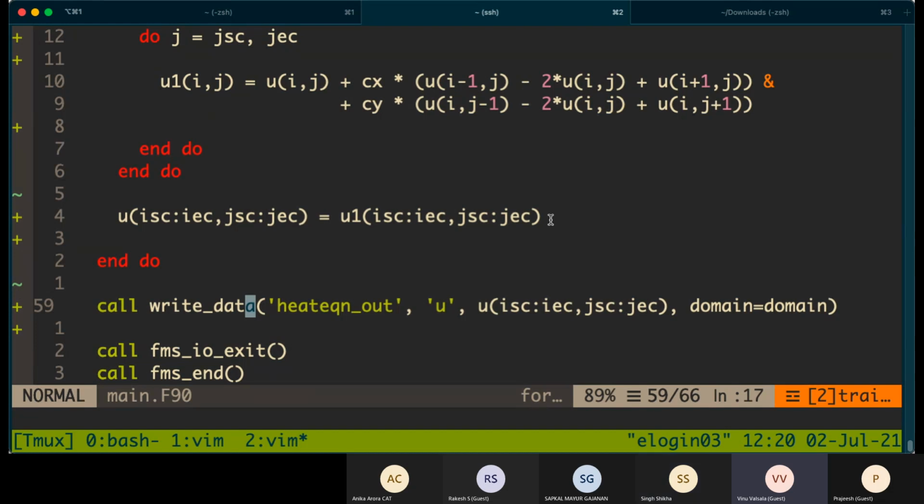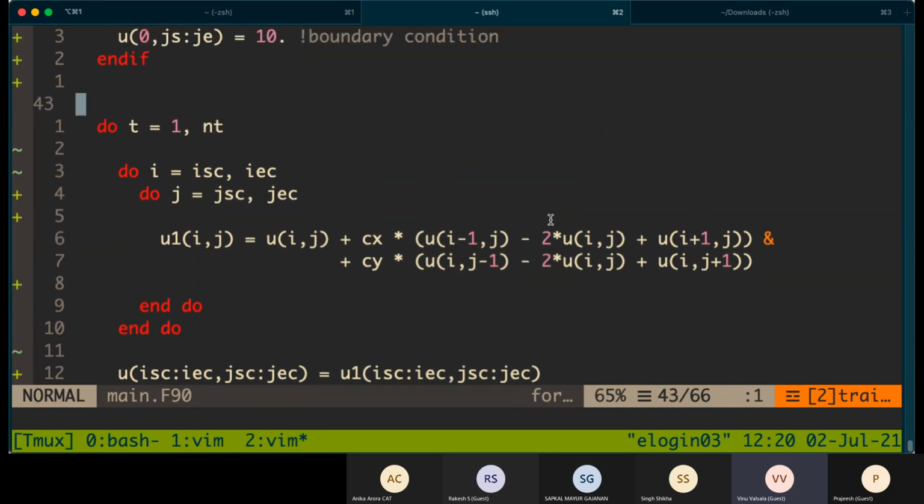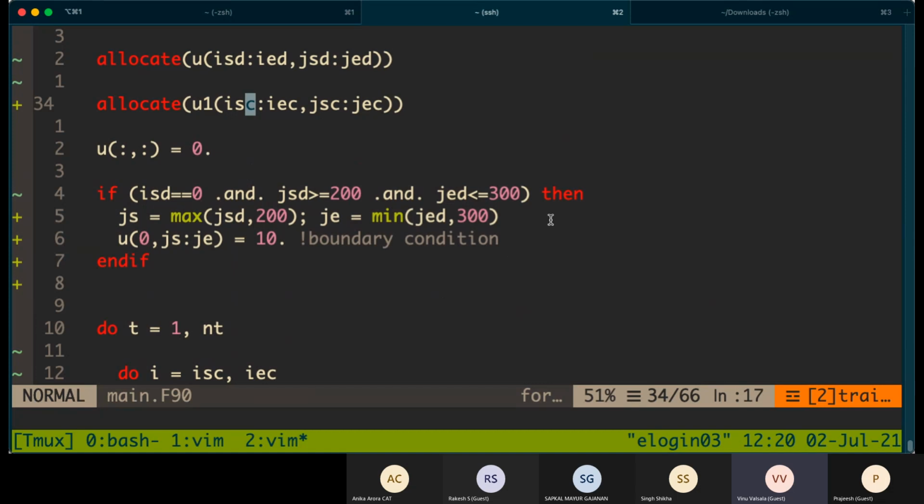Rajesh, I have a question. In the decomposition, can we keep the decomposition dimension at the outer bound and keep something in the inner side? Say, for example, IKJ, can we go for that, or is it impossible? I didn't get that. What was that? Now we have an IJK construction, right? I and J and K. Can we go for IKJ while I and J are decomposed? You mean the last two are decomposed and K is no, not last. First and last are decomposed. In the middle. No.